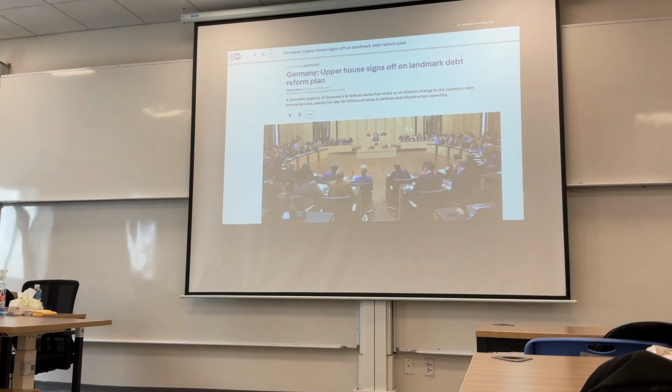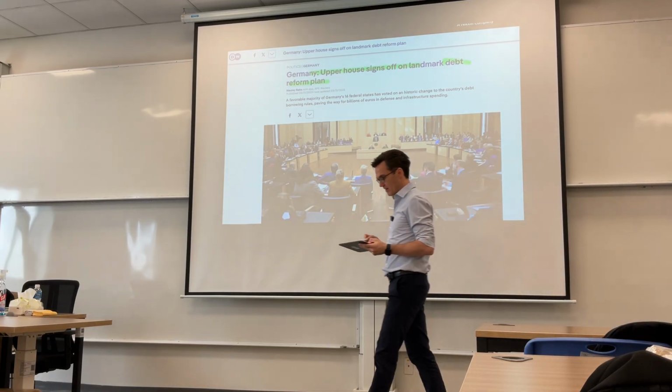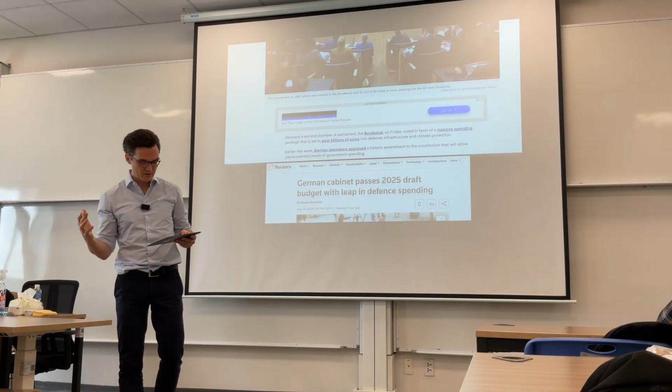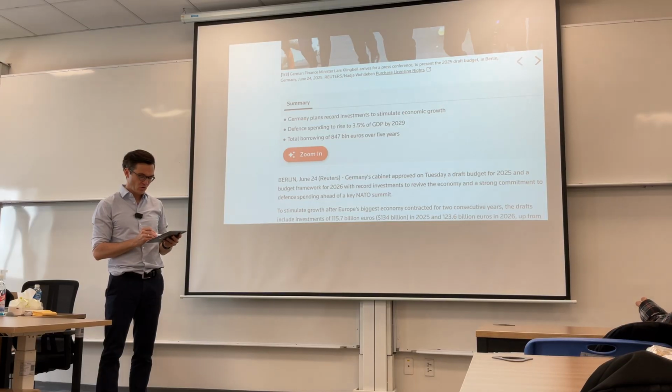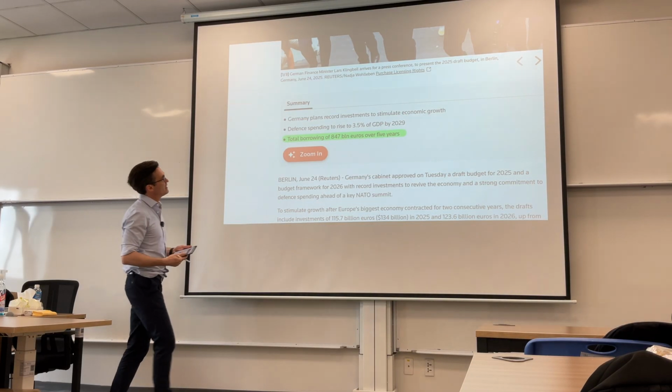Namely, they changed the constitution to actually allow an additional amount of borrowing of 800 billion euros by the German government in the next 5 years. So there was this big initiative, the so-called debt reform plan, and it was passed in the lower and in the upper house of parliament. And basically, what this meant is that in Germany, the total borrowing that this change of the constitution allows is about